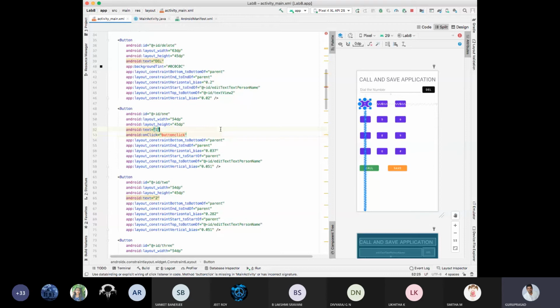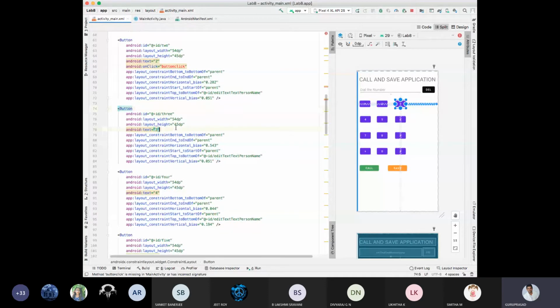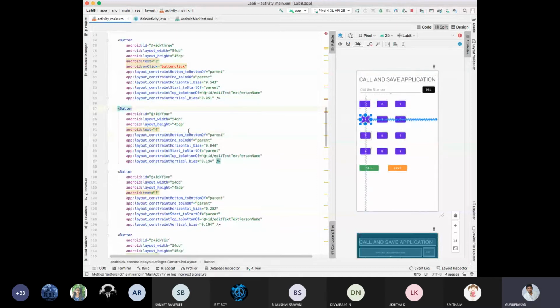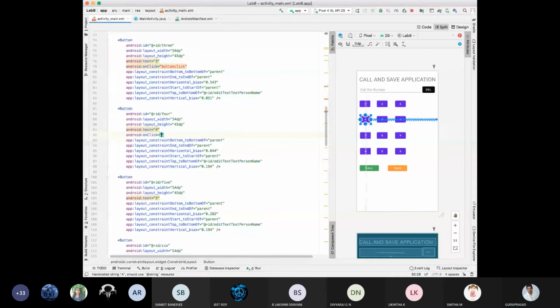Second, on click, button click. Third one, on click, button click. Fourth one, on click, button click.